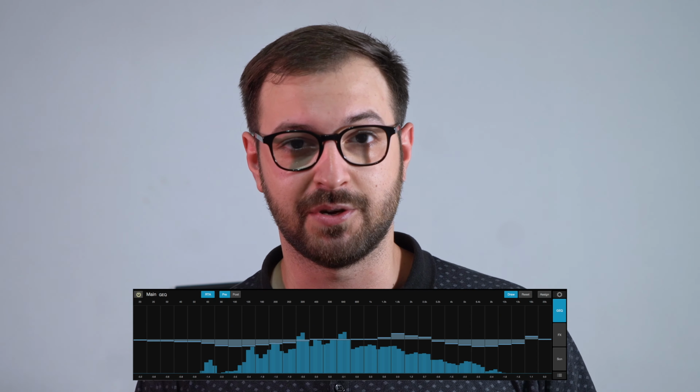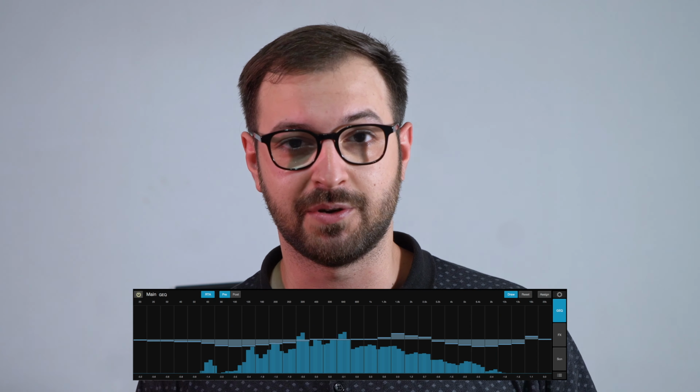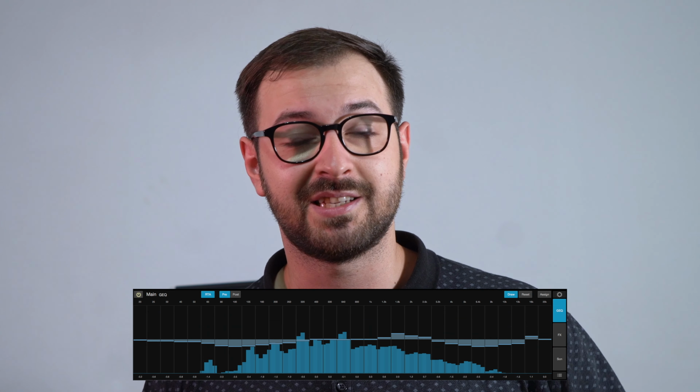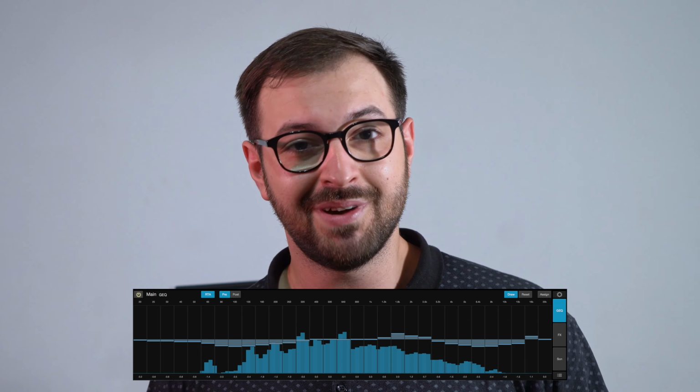2. Graphic EQ. This one looks a bit different. The frequencies are grouped into categories and you can boost and cut each one of them separately to shape the sound. This is the quicker and easier approach, but at the same time it lacks a bit of accuracy. During a live session, an analog EQ will always be preferred.